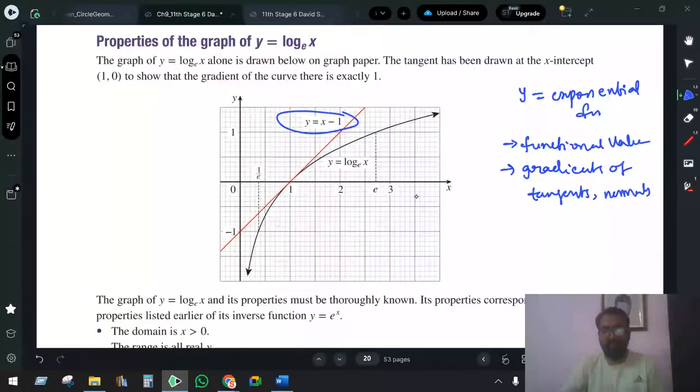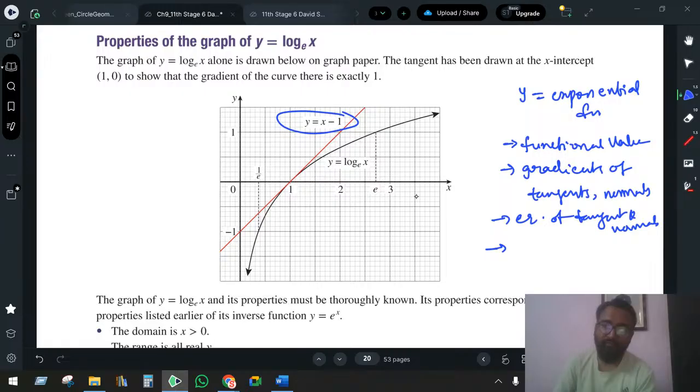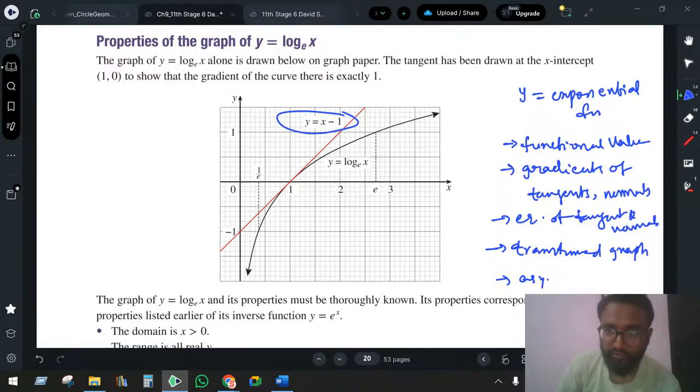Equations of tangents and normals. And the basic transformed graphs. And asymptotes. We predicted the asymptotes, sometimes with the help of calculus, sometimes with direct